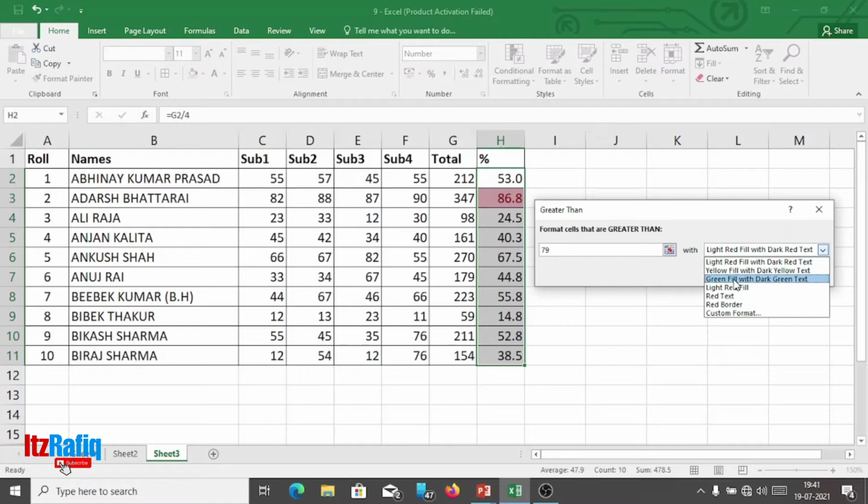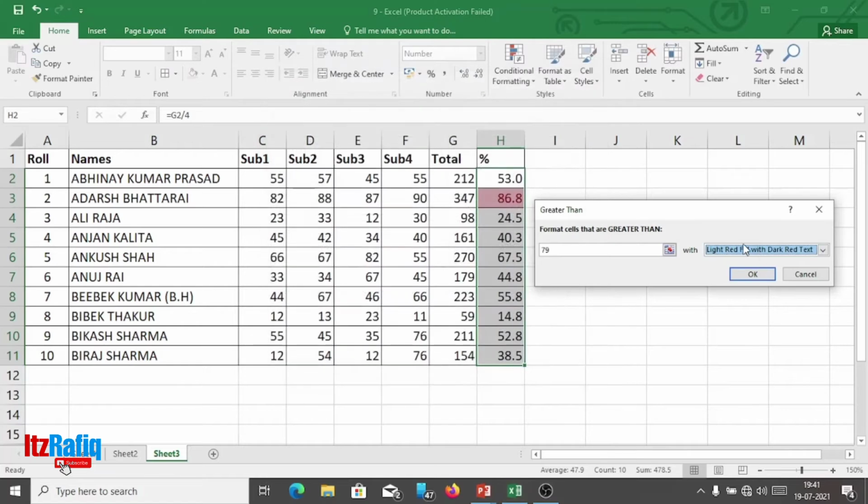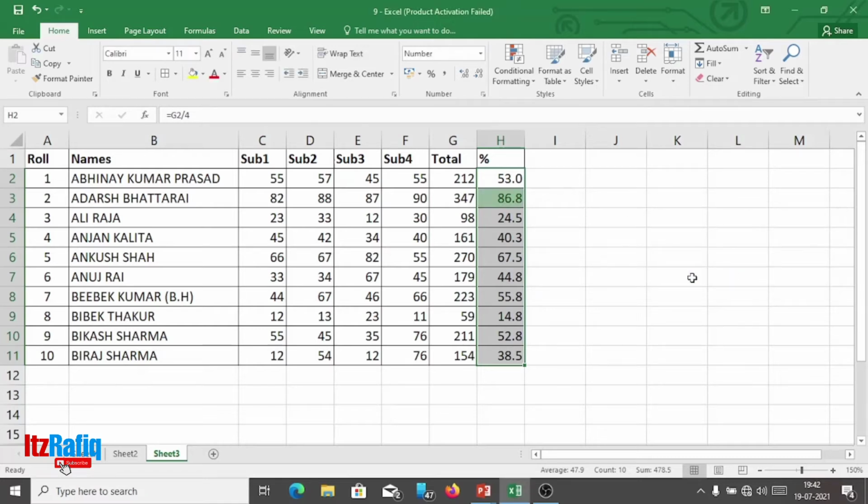From here we can select green fill with dark green text, or we can also set a custom format, where we can set our own colors. Suppose I want just light green fill with dark green text.